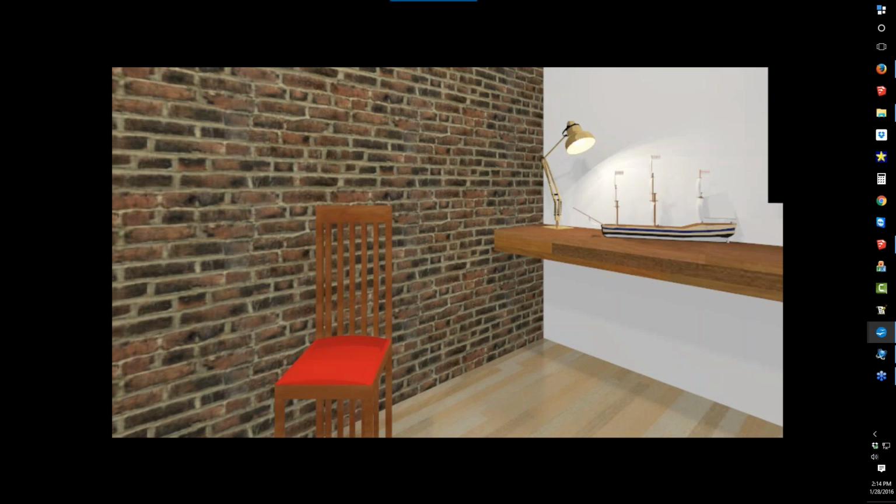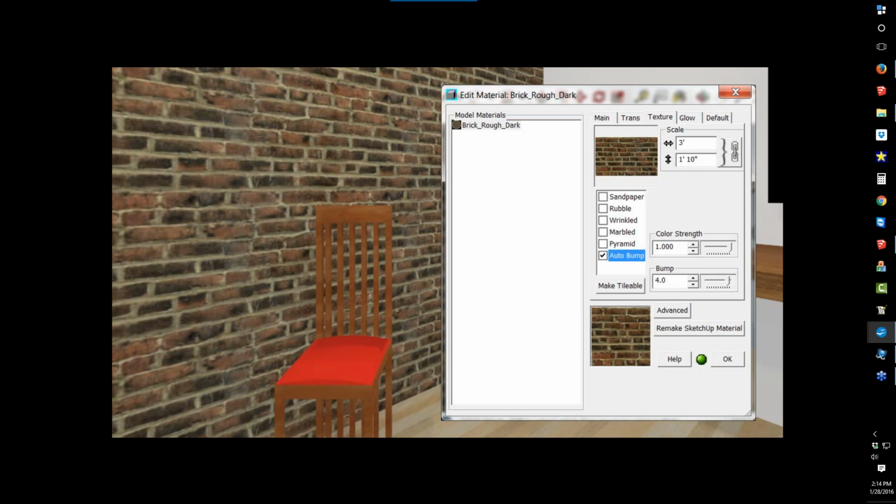I thought it would be interesting to point out one additional thing. You'll notice that I'm using a photo material, brick, in my rendering, and it of course is perfect because it is a photograph of brick, but I thought what I might want to do is give the brick a little bit more relief. And so with photo materials,